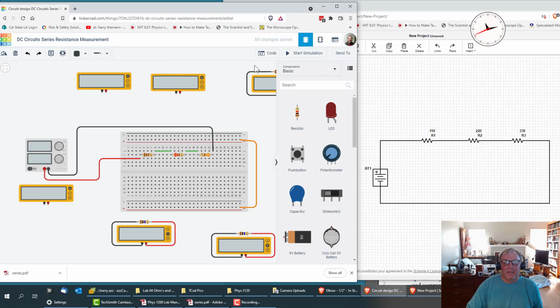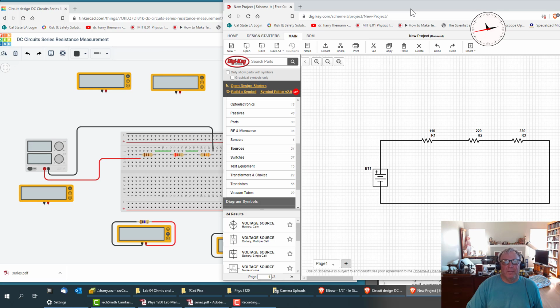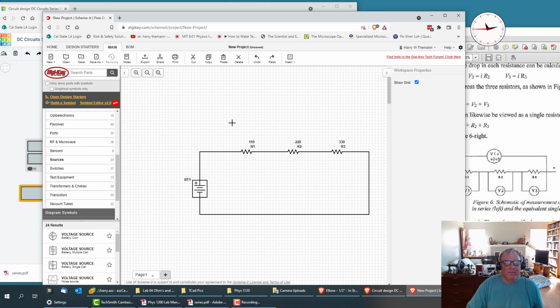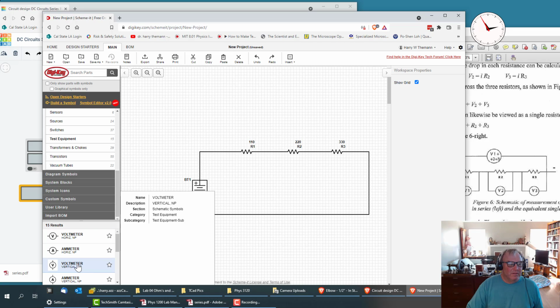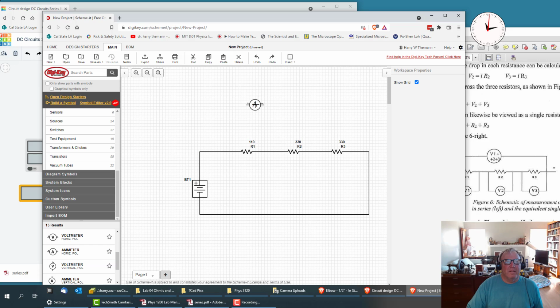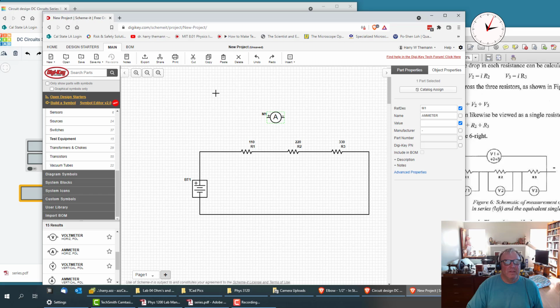Okay, so now remember the mantra: current through, voltage across. So if I want to measure current, let's see, we want test equipment. I want a horizontal ammeter. So if you want, we can get one that has a plus minus to it. It's not critical. So now if we want to measure the current from R1 going to R2, what we have